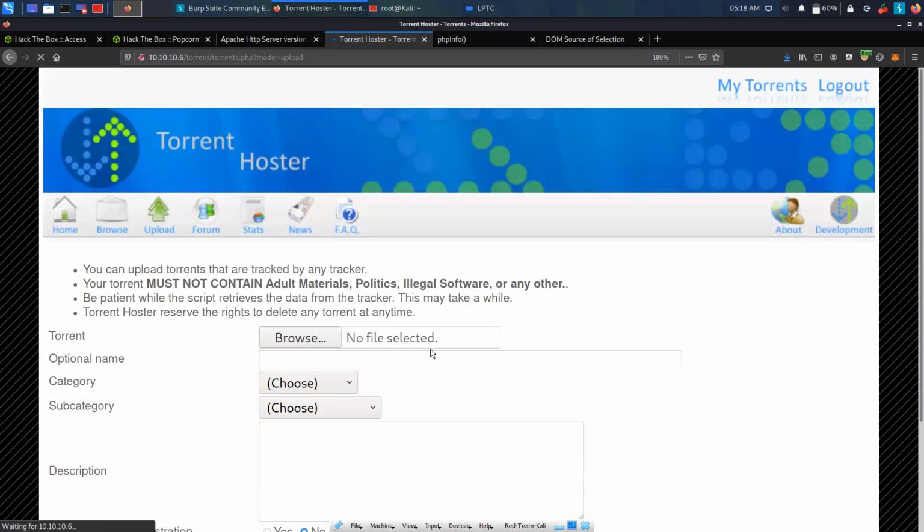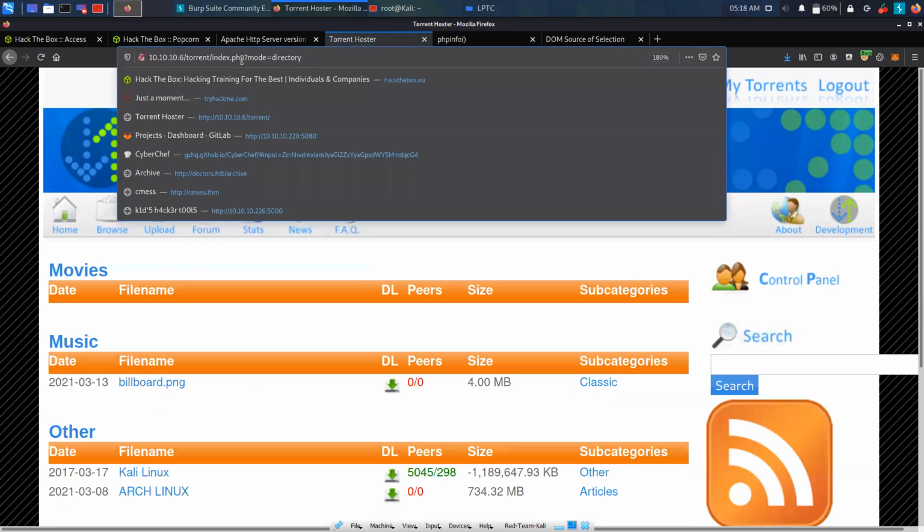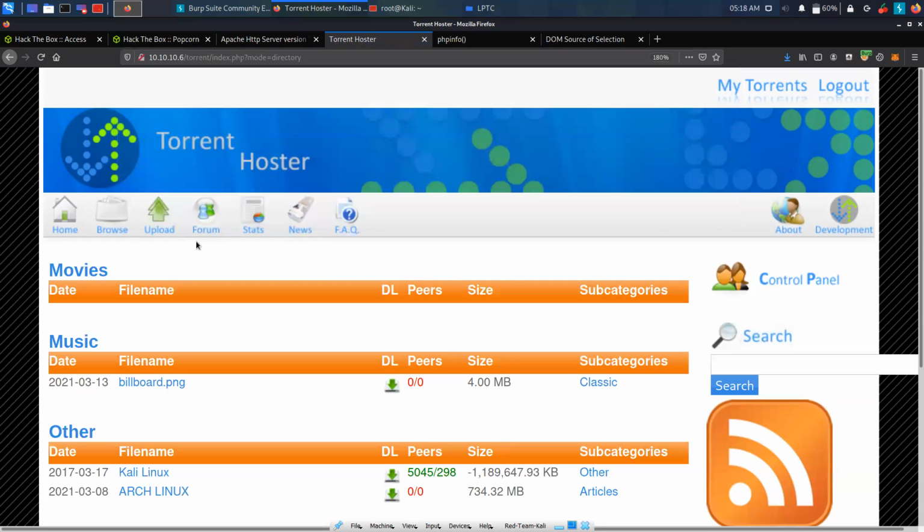And there are two types of request methods. Post is usually to send data to the server, basically create or update a resource, and get is used to request data from a specified URL. So when we click on browse, we are basically using get because, as you can see, the request is seen in the URL. But if it is a post request, like once we were logging in, we won't be able to see the credentials in the URL because it was a post request.